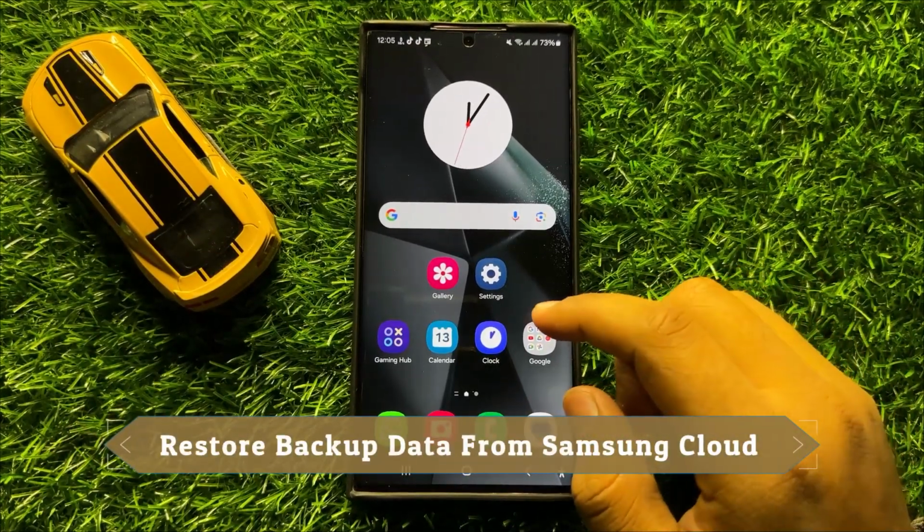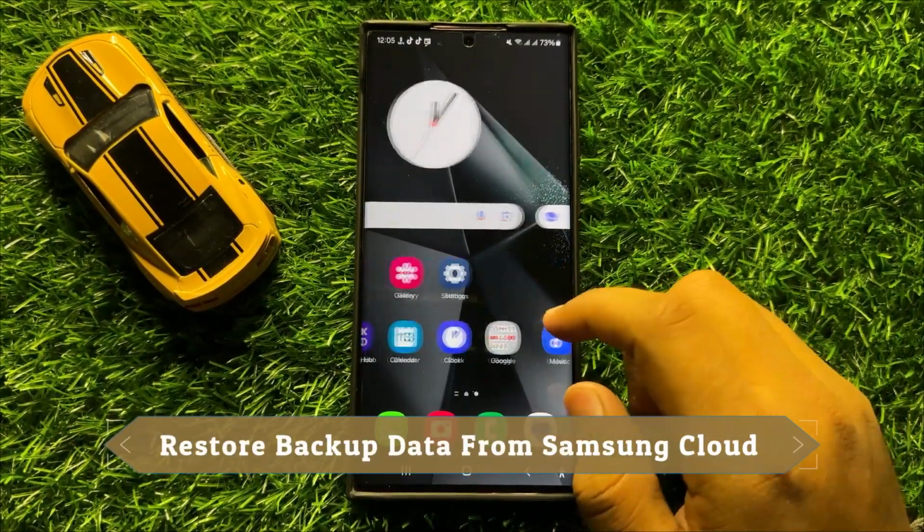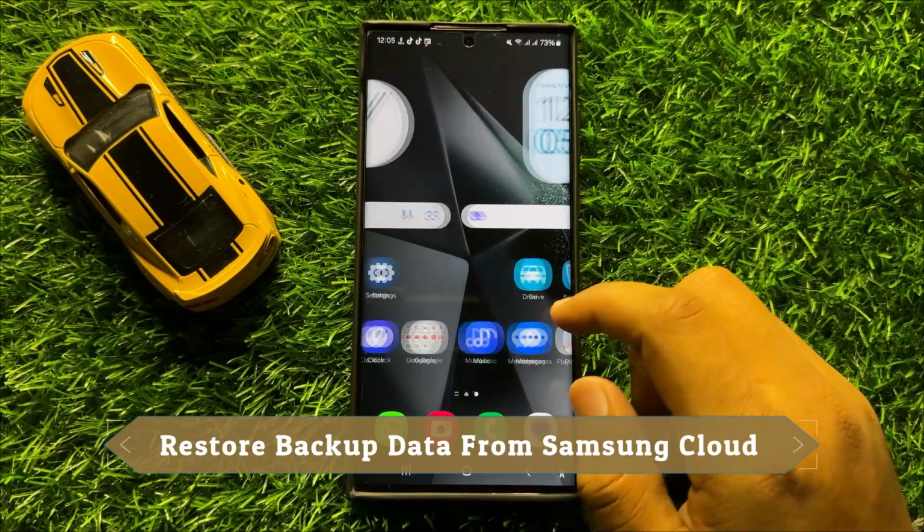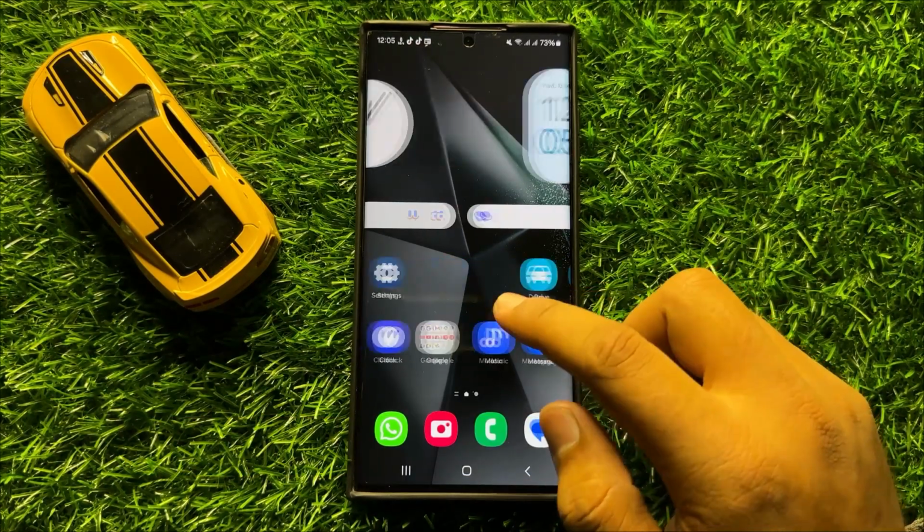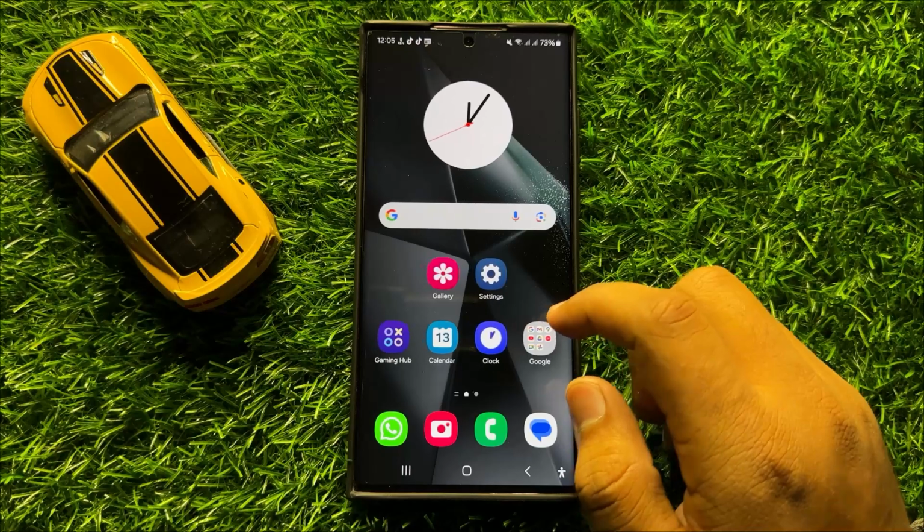Hello everyone, in this video I will show you how to restore backup data from Samsung Cloud in Samsung Galaxy